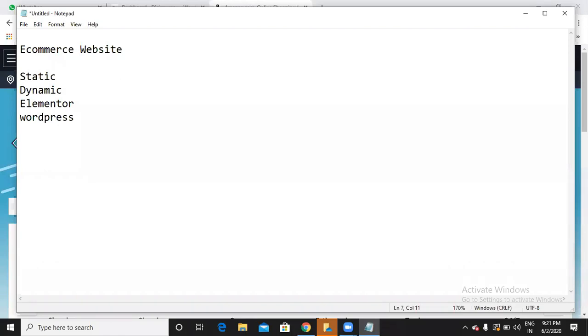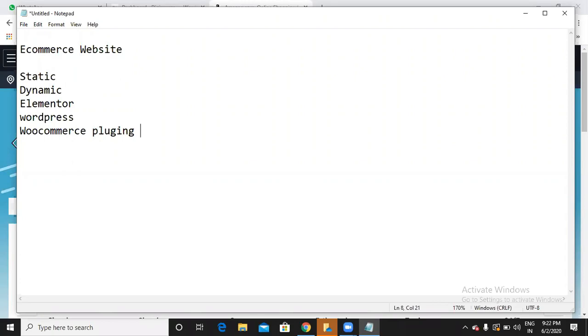Now, did you find any option for creating Amazon kinds of websites? No, we just have options like pages, posts, and all. That's it. We don't have an option for adding any products. So here I am going to teach you how to create an e-commerce website with the help of WordPress only. If you want to create an e-commerce website with WordPress, you should simply take the help of the WooCommerce plugin. If you have this plugin, then that's it. Your website will change into an e-commerce website.